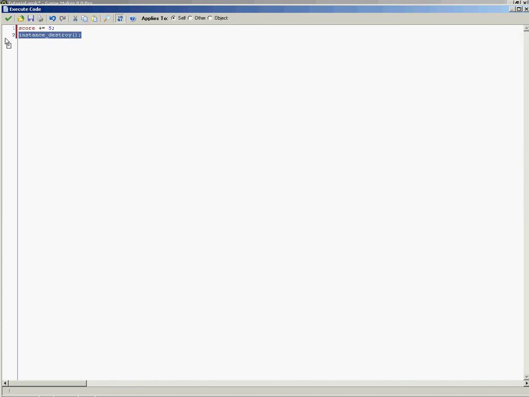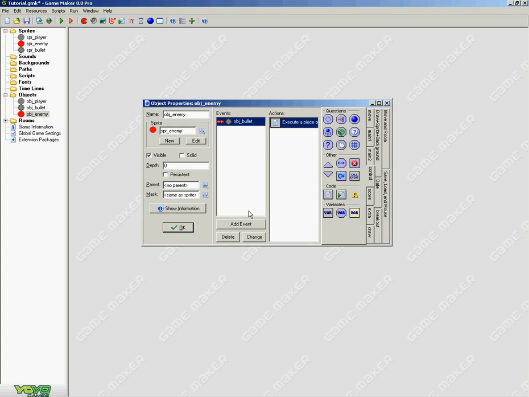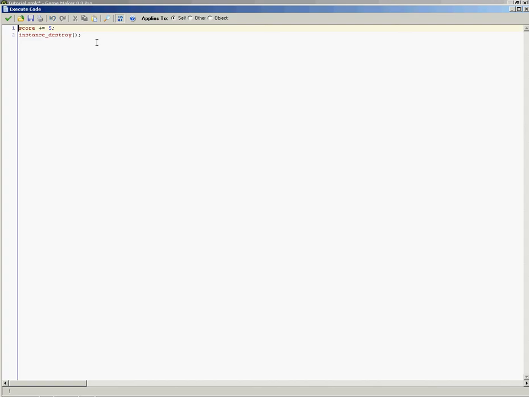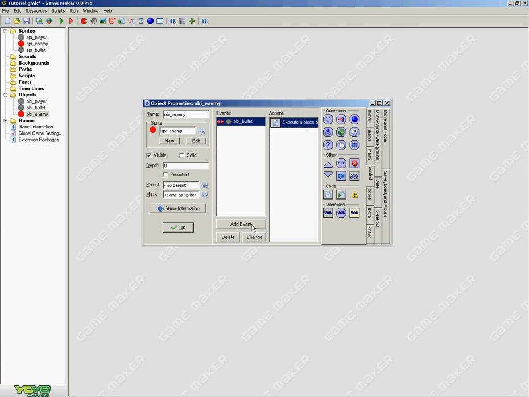Okay, so that's just a little tip for you. Just always put instance_destroy at the end, unless it's inside an if command, which I'll get into later. Actually, inside the next tutorial, we'll be getting into that kind of stuff. So, just so you guys know, that's a little tip for anything you're going to do. If you're going to have more code after instance_destroy, put it before instance_destroy, because it will mess up your game and you'll get really mad and you won't know what the heck is going on, and you'll probably end up deleting your game, because that's what I did. Anyway,